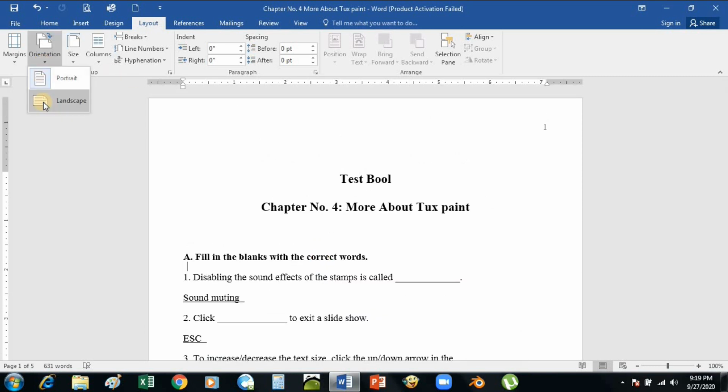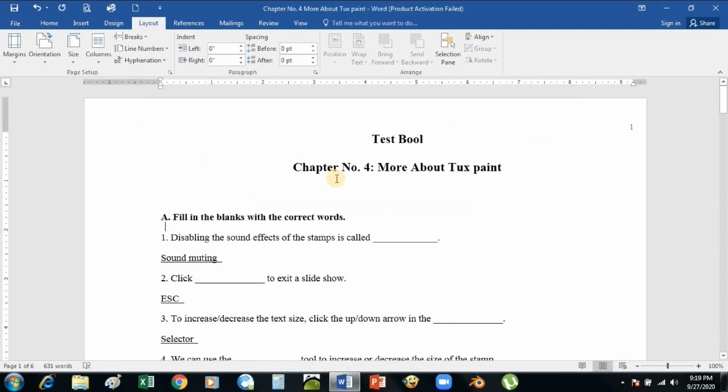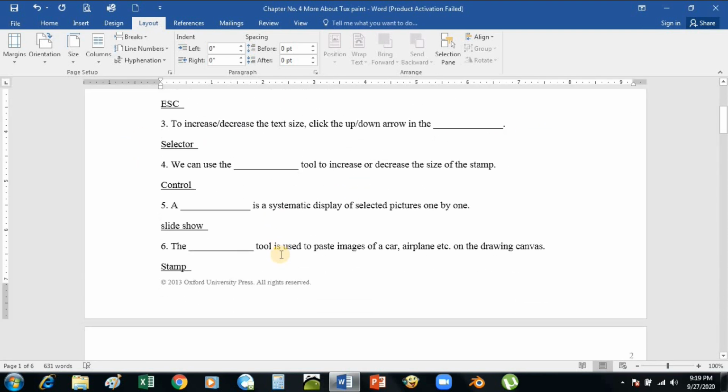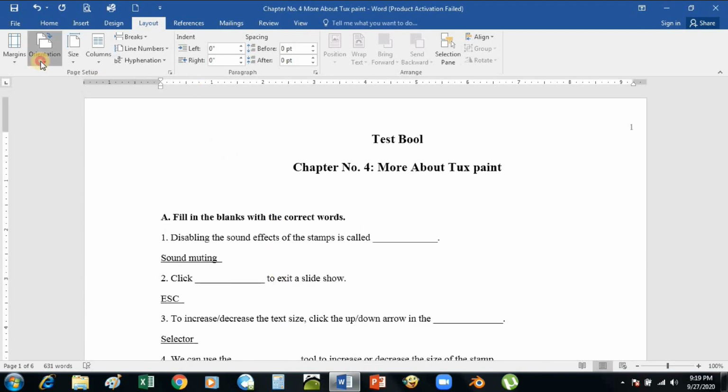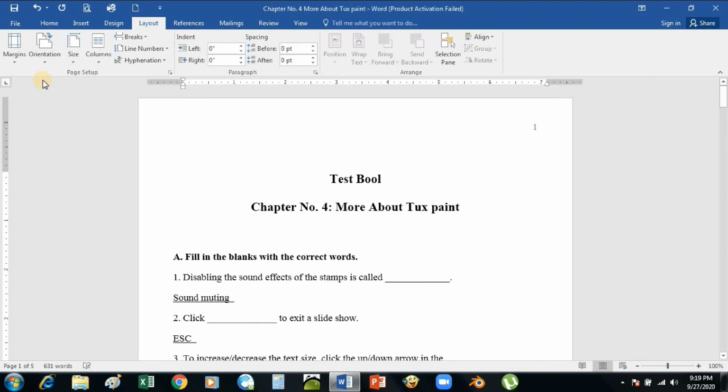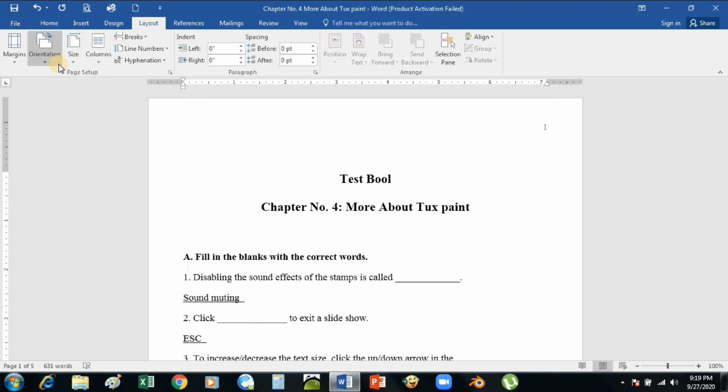As you can see here, in landscape the size of the page will increase and all the data will change. Now the data is written widthwise on the document. This is how to change the orientation by clicking here. All these options are in the page setup group, and the tab is layout or page layout.